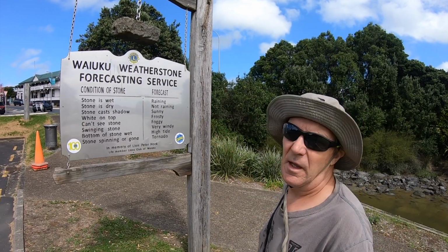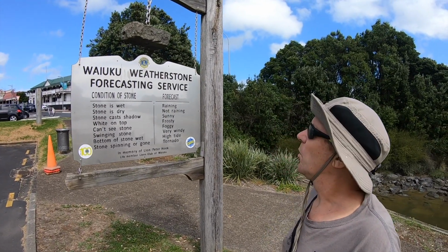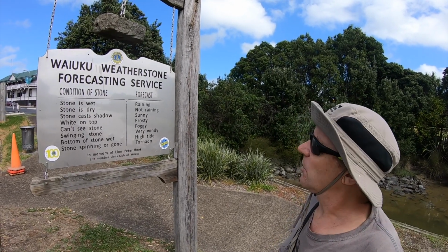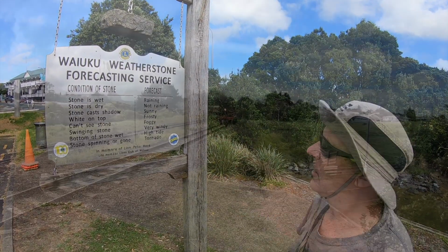This is quite funny. This is a weatherstone, the Waiuku Weatherstone Forecasting Service, and according to the stone and what condition it's in, it tells you how to look up the weather. So if this doesn't